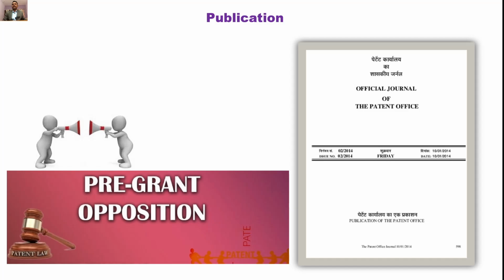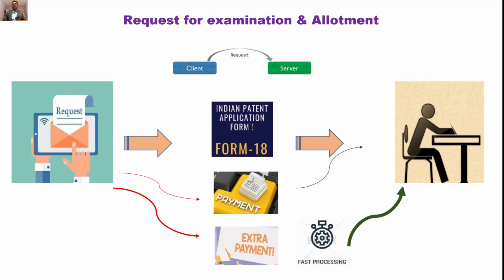Next we move on. Once your application is published in the patent office, it becomes eligible for examination. But to make it eligible for examination, or to make it queued up in the examination lineup, you have to file form 18 and pay the prescribed fees. However, you can submit this form 18 and pay the fees well in advance, at the time of submitting the application, but it's not mandatory. If you are ready and have the money, you can pay and fill up form 18 at the very beginning itself, so that you don't have to face any kind of headache later on.